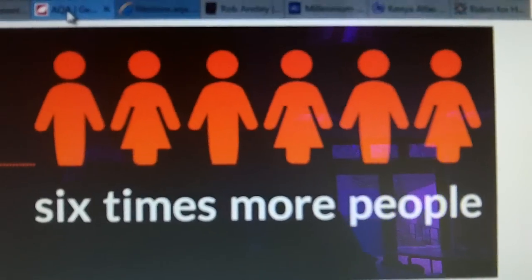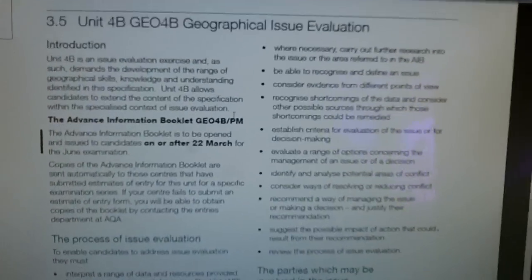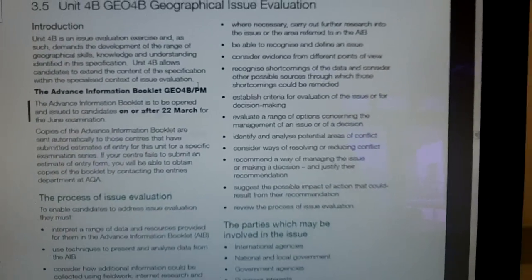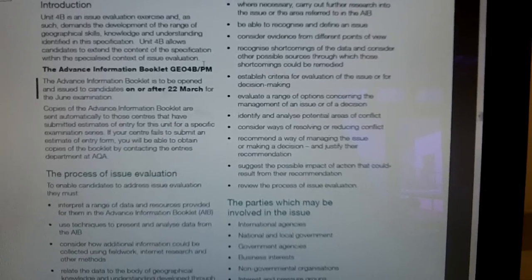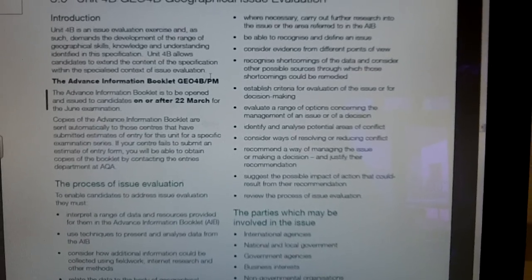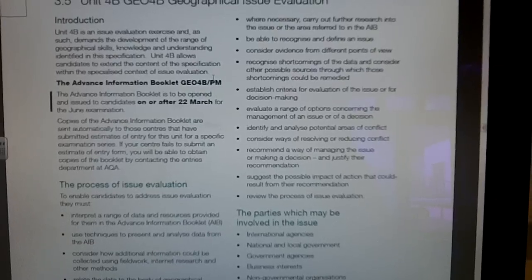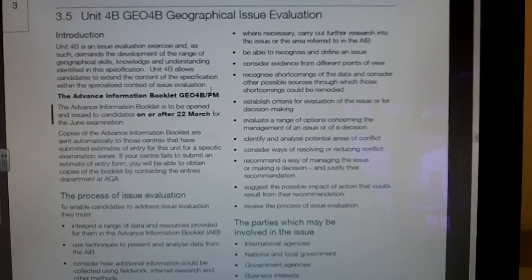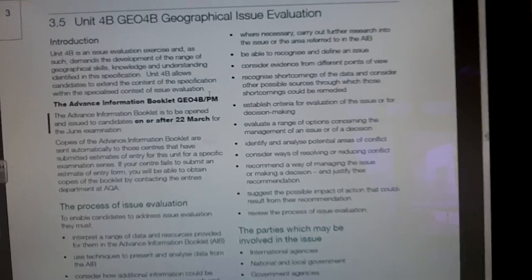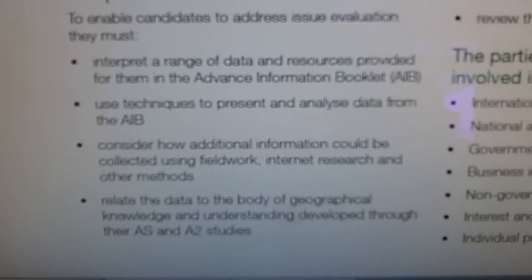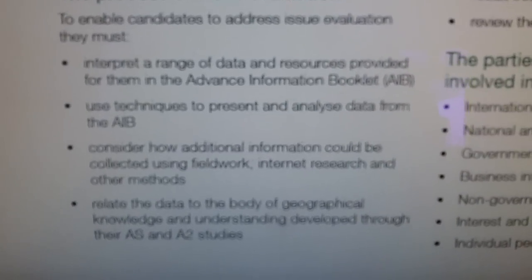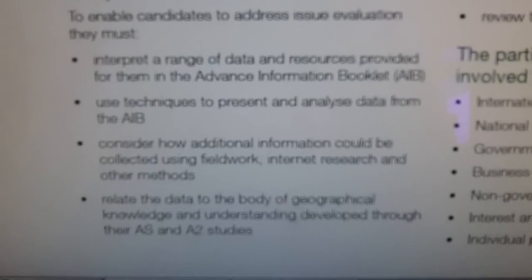So, start off with, let's look at the spec. Okay, Unit 4B, this is worth 40% of your A2 and 20% of your overall A level, so it's worth doing really, really well. All right, you've got this booklet, and if you look at the spec, here's a bunch of things they get you to do. Essentially what you've got to do is take the booklet,